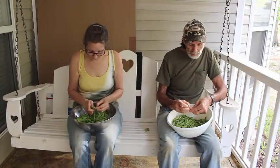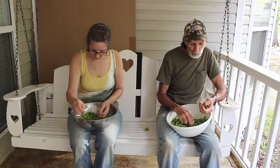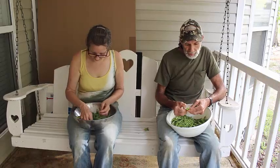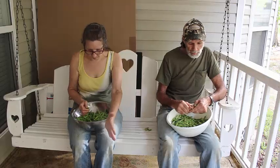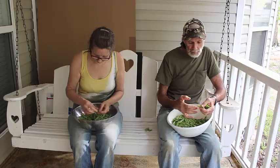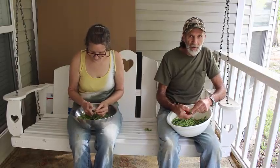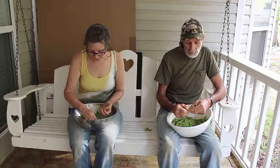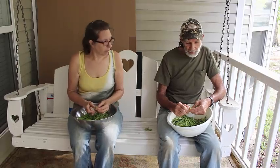Yeah, we love English peas because it's actually, here at Deep South Homestead, one of the crops that we're fairly successful at, and it is a staple for us here. It gives us something to plant when it's a little bit cool outside and you can't really get in the garden and do anything else. It kind of helps to break the, I guess you'd call it the wintertime blues. It helps get your feet wet in the dirt again, and you get a little excited